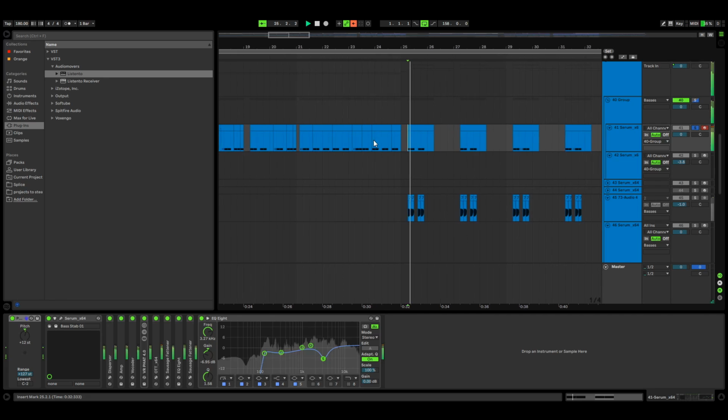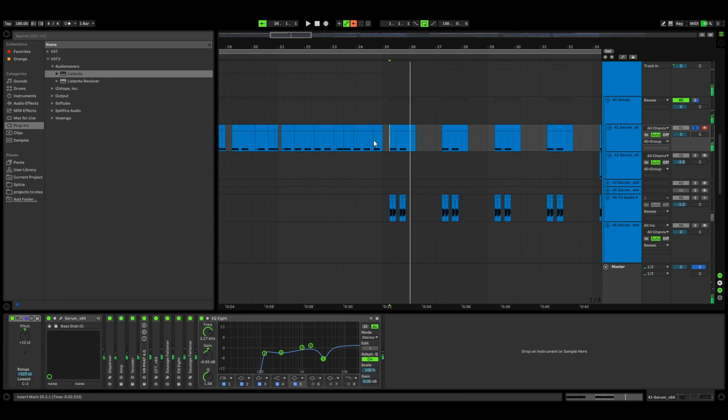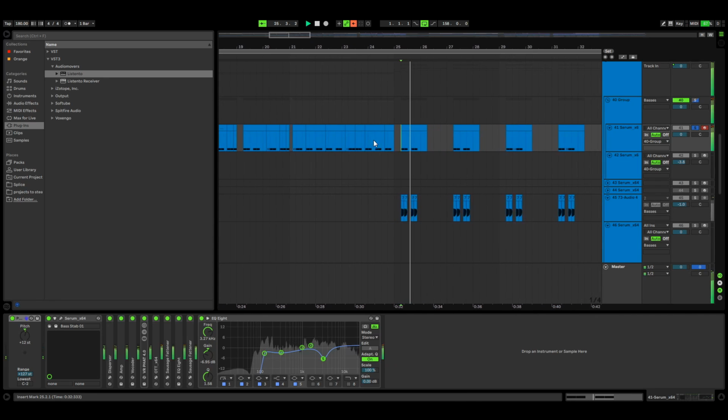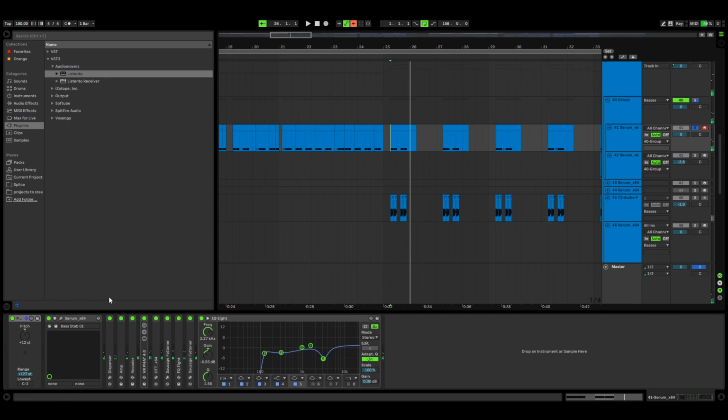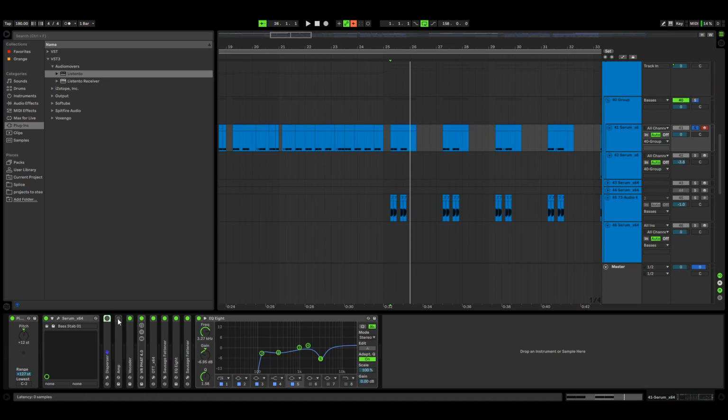So to start out, we have the main patch itself. It's a really cool sound. So what I'm doing, if I turn off all the effects, it sounds like this. Kind of lame, not gonna lie.